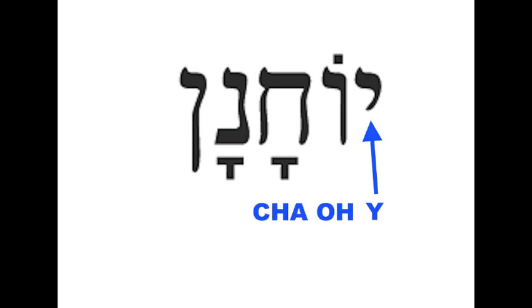Then the chet with the A vowel, and it makes the Cha sound. Next is the nun with a vowel, which makes the Na sound. And another nun, a nun sofit. These two are the same letter. They're just written differently because one's at the very end. So you get Yochanan,